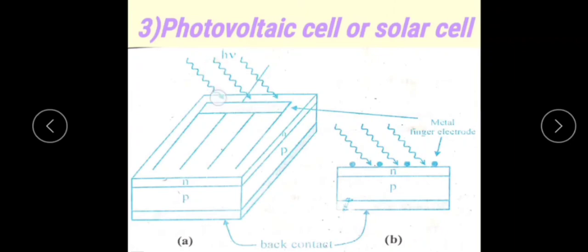So these radiations should travel towards the junction. If we made a larger region, then before reaching the junction, that energy is absorbed by the N side. That's why the P or N region is made very thin, so that light energy is not greatly absorbed before reaching the junction. The thin region is called the emitter, and the other region is called the base.